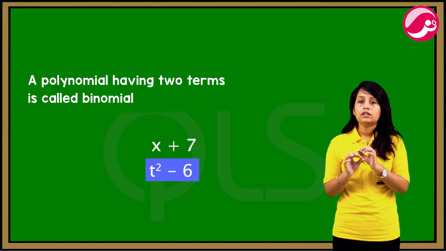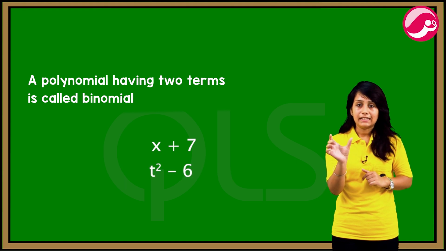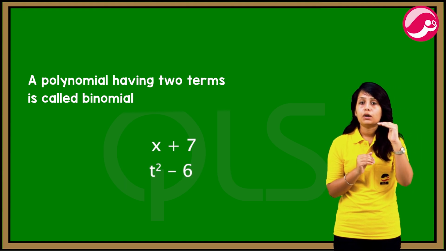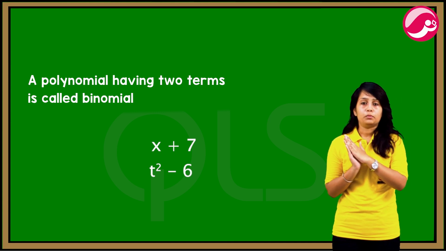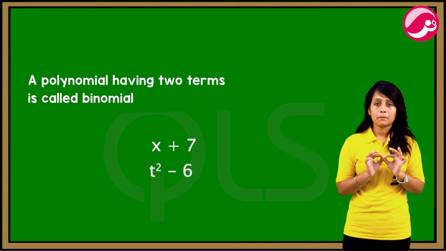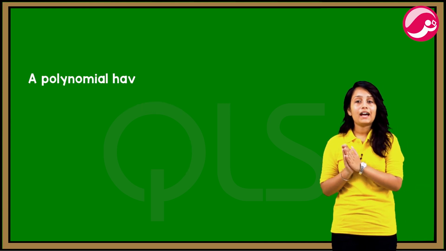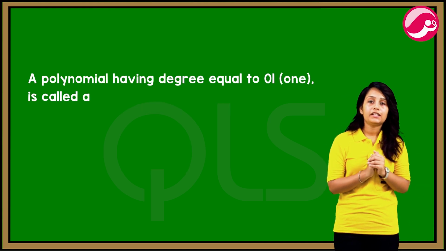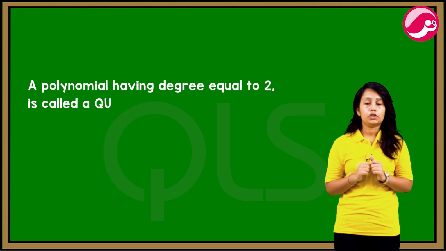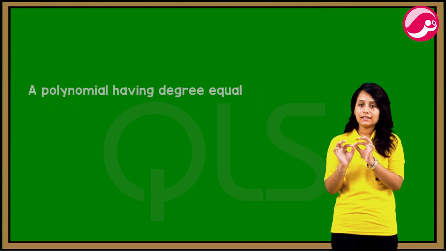Another important word related to a polynomial is its degree, about which I told you earlier. The degree of a polynomial is the highest power of the variable present in the polynomial. Keep in mind we are talking about polynomials in one variable right now. Now, the polynomial having degree equal to 1 is called a linear polynomial. The polynomial having degree equal to 2 is called a quadratic polynomial, and a polynomial having degree equal to 3